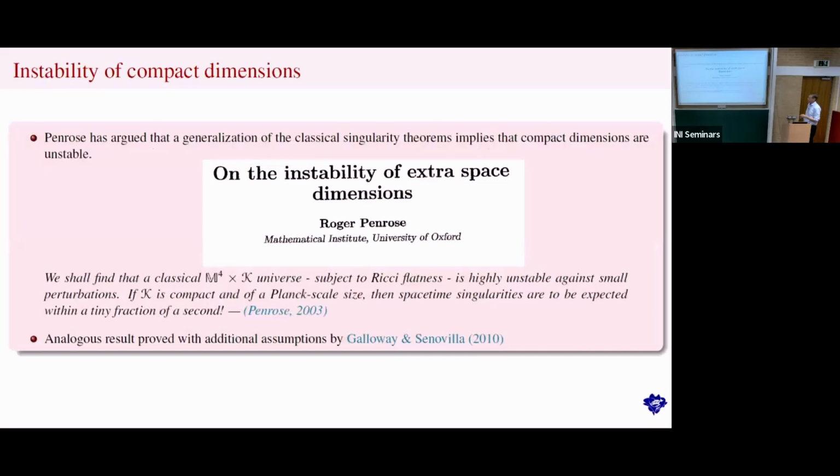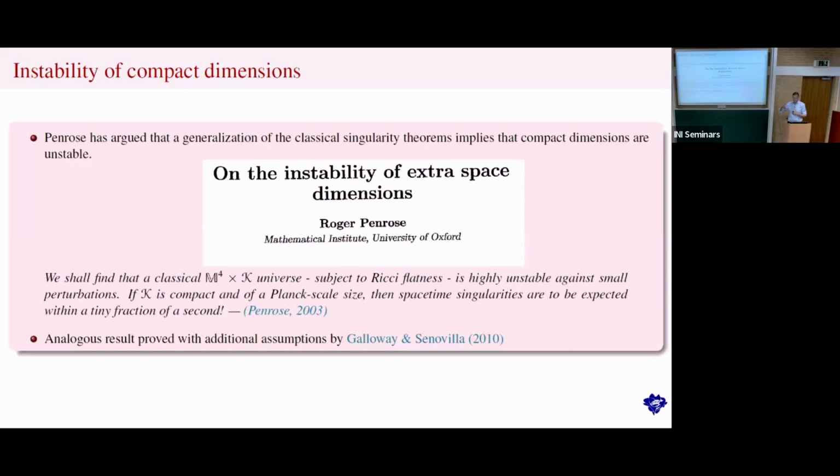What really motivated our interest in this were statements by Roger Penrose, who argued that if you have a space-time containing a compact minimal surface, then you have incomplete causal geodesics. He was arguing that this is a stable statement, so that if you have a compact factor, like Minkowski cross a compact Calabi-Yau, then you cannot avoid having